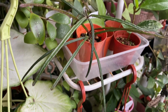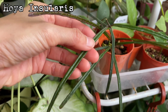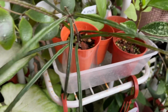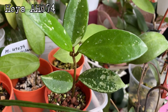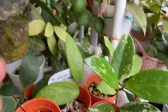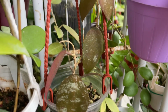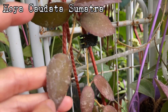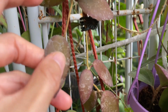And just over here I have my Insularis with its very unique leaves that are hard and long and thin. And this one is my AH074 that is doing well. This one is my Undulata with its beautiful sun-stressed leaves, and the leaves feel very